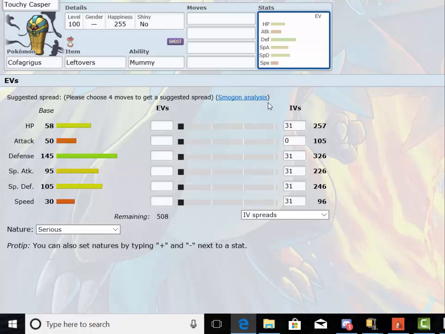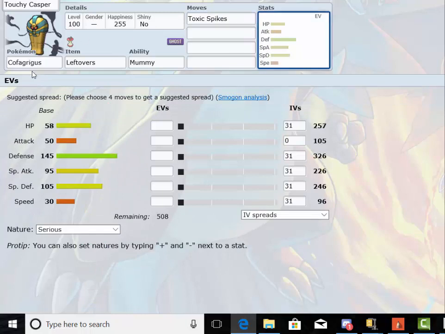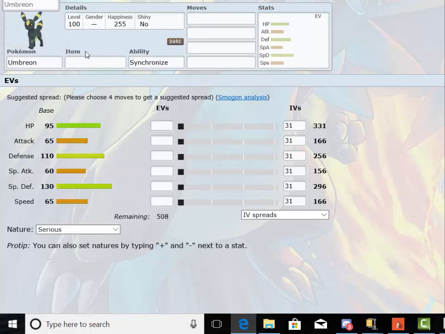So this next mon is my bulky cleric. It loves these toxic spikes that Pythagoras gives, and it pretty much works really nicely with Koфag, and it gives me a dark resist and a dark fight, which I'm gonna reveal is Umbreon. Umbreon is my next pick, and it pretty much filled the